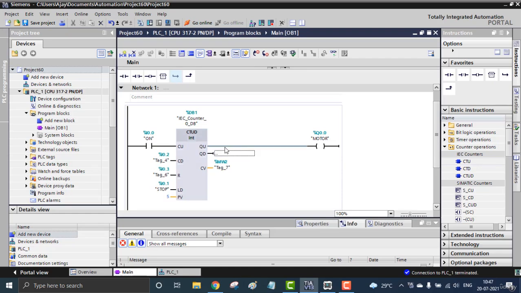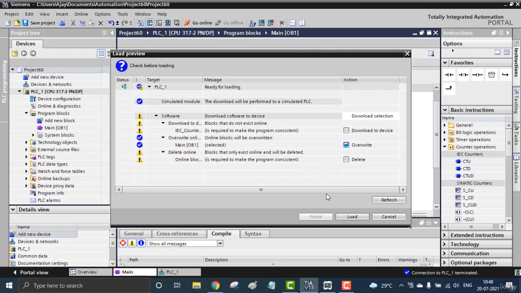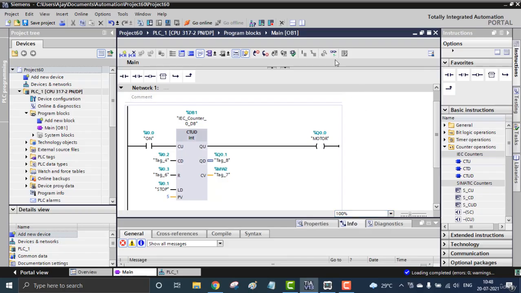And here you can see the QU and QD bits. There are 2 outputs for this up and down counter. So I'm using Q0.1, and I've provided another output also. Let's see whether it is true or false during runtime. I'm going to download the device and delete the previous data blocks. Let's load it and run.